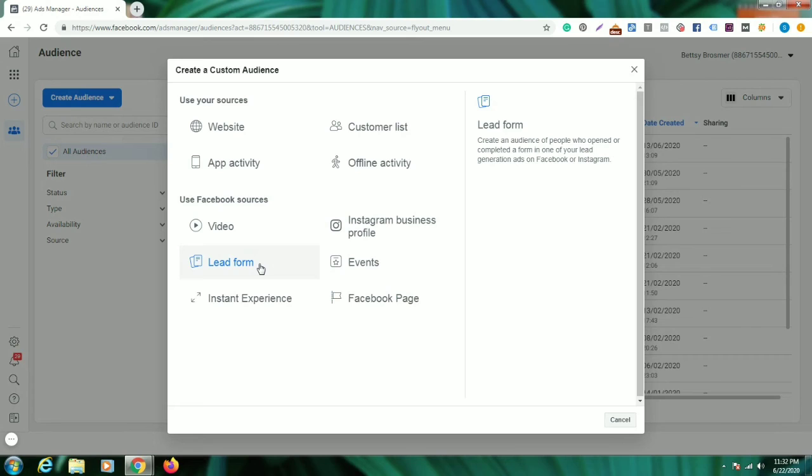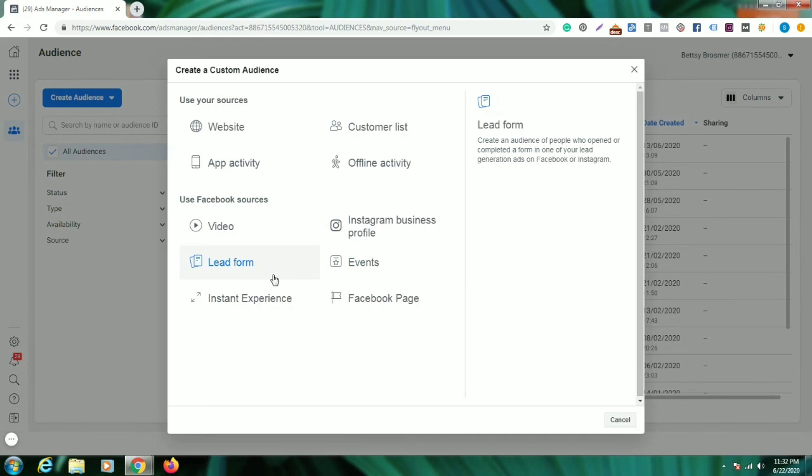Then events: if you have published an ad related to an event, people are seeing your event and responding there, so you can create audiences based on these events. Create an audience of people who have interacted with one of your events on Facebook.